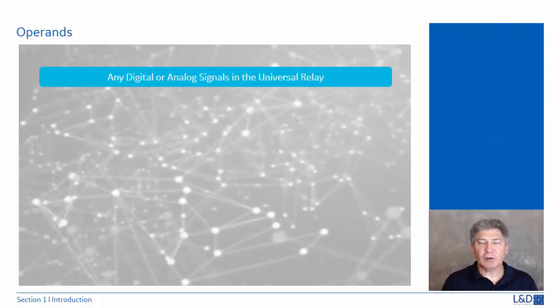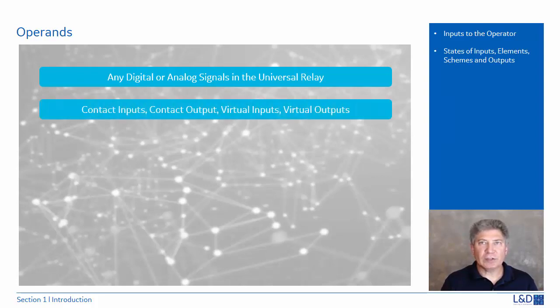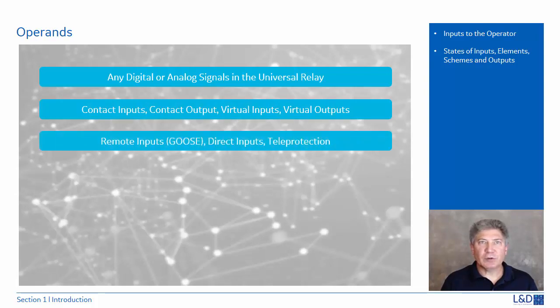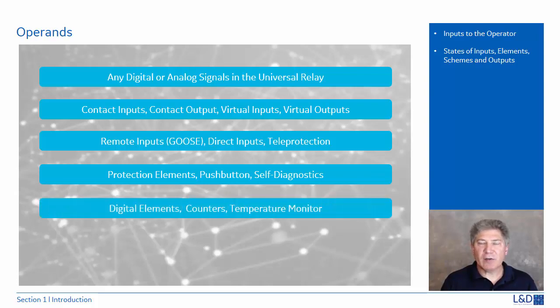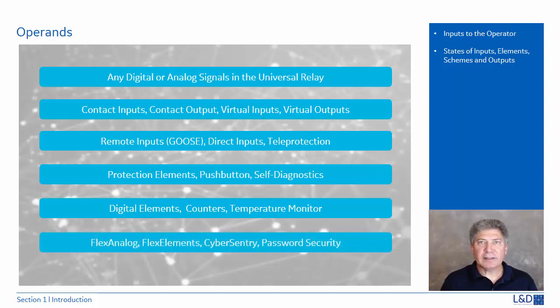Operands are any digital or analog signal available in the UR. The operands are inputs to the operators. They represent the state of inputs, elements, schemes, and outputs. Signals such as the contact I/O, virtual I/O signals, remote inputs for the GOOSE, Boolean, DPS, and analog, direct inputs, teleprotection signals, protection elements, push buttons, self-diagnostic alarms, digital elements, counters, temperature monitor, FlexElement, FlexAnalogs, cybersecurity, and password